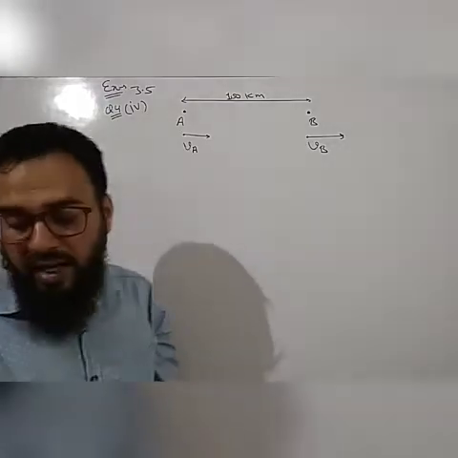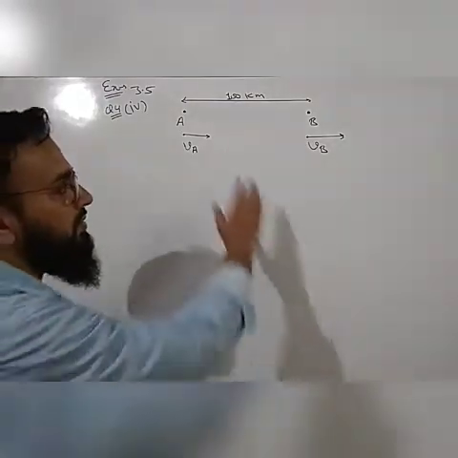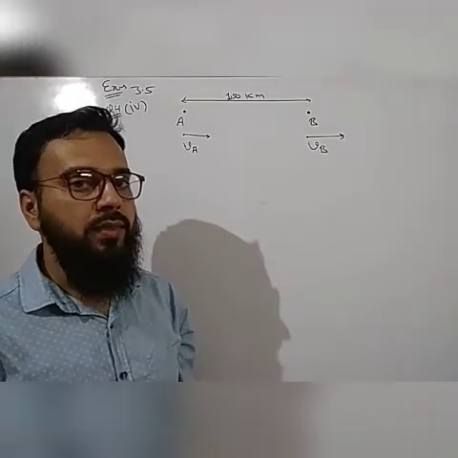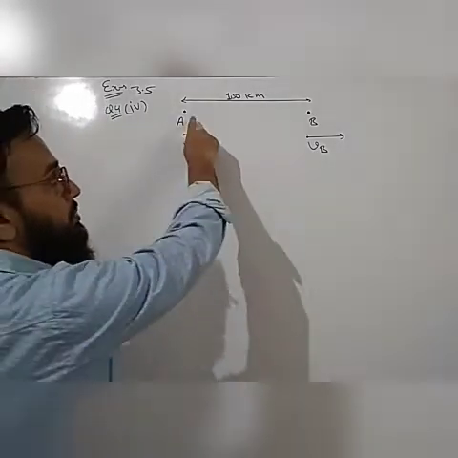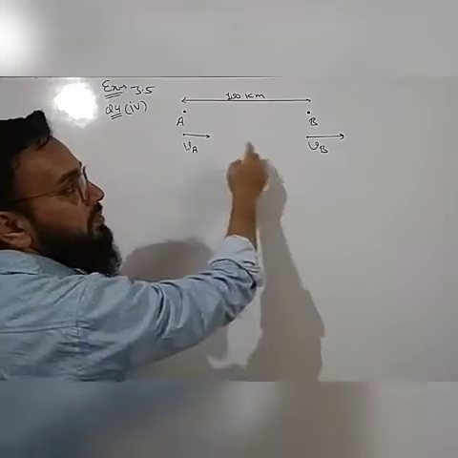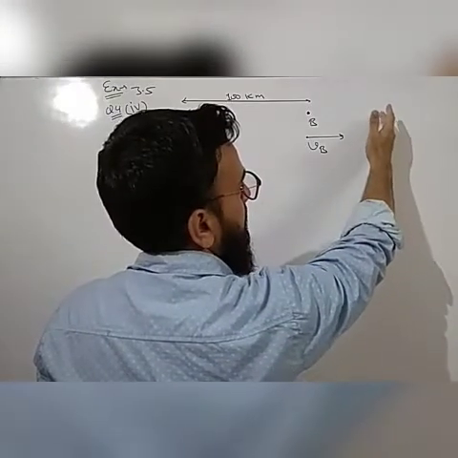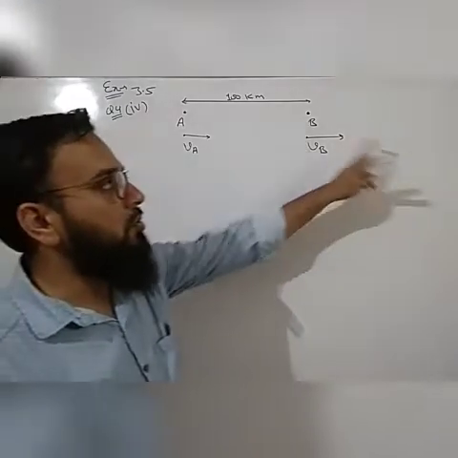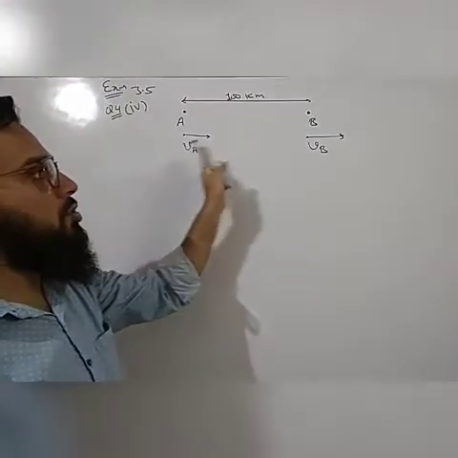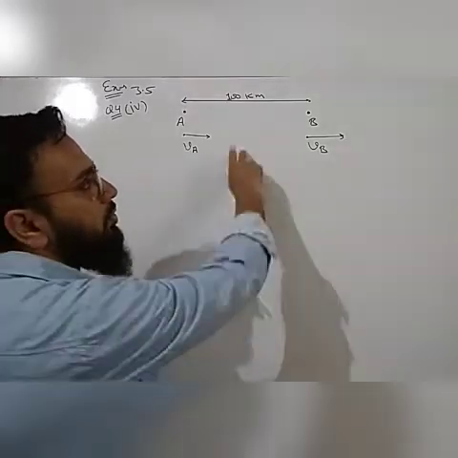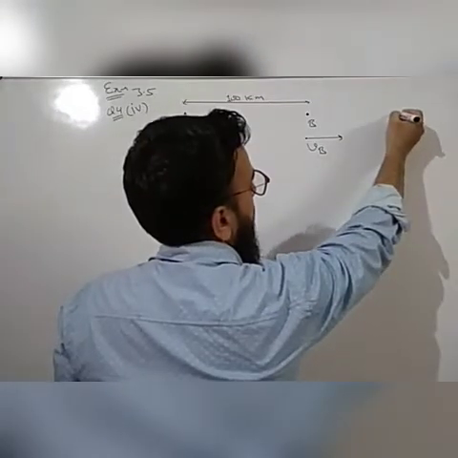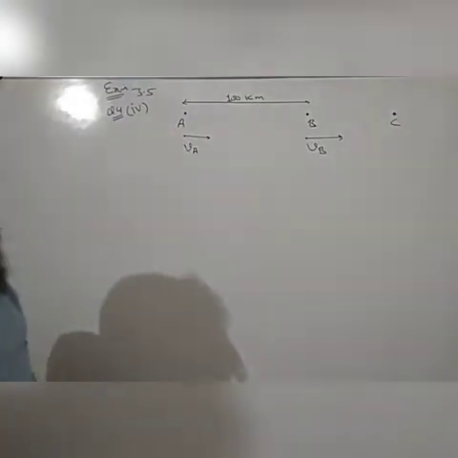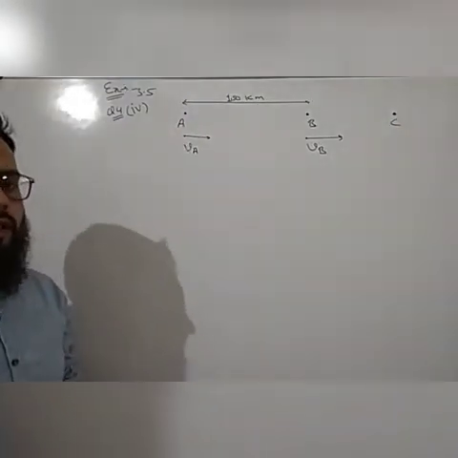They meet in 5 hours. When both of them travel in the same direction, they meet in 5 hours. It means they cannot meet in between the path. They will meet some distance after B, the only possibility because B is also moving towards the right, and A is also moving towards the right. So both of them will meet on the highway, suppose at this point C.